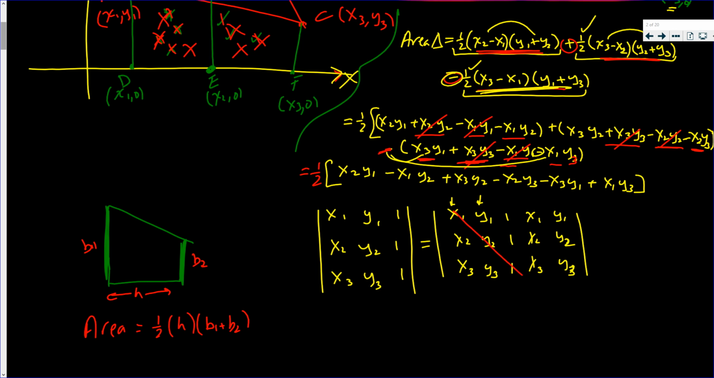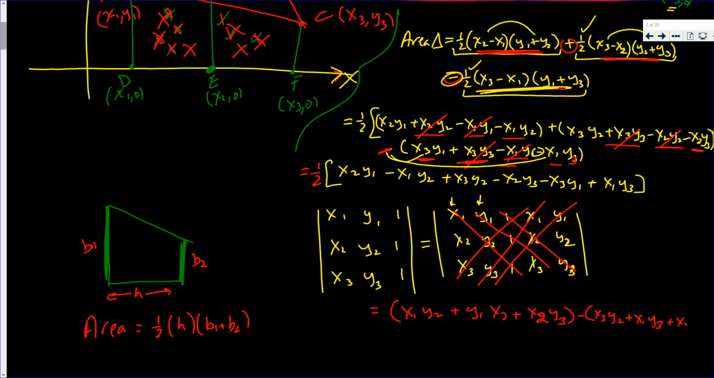You multiply those three, which is x1, y2, plus the product of those three, which is y1, x3, plus the product of these three, which is x2, y3, minus, now you go the other direction, minus x3, y2. Since I factored out the minus, I put a plus here, minus that, which is x1, y3. And then I take away that product, which is x2, y1. Now,